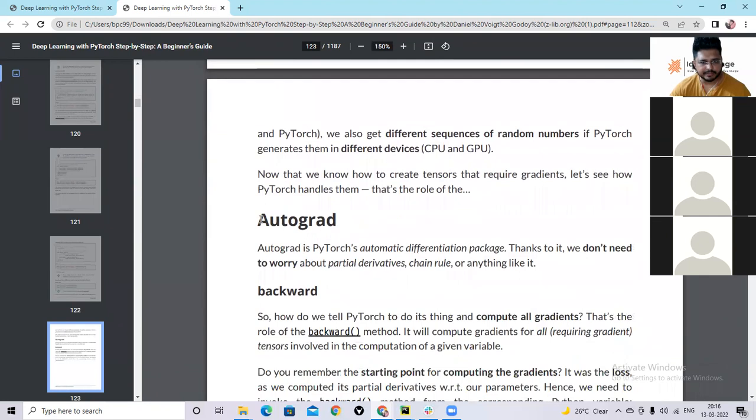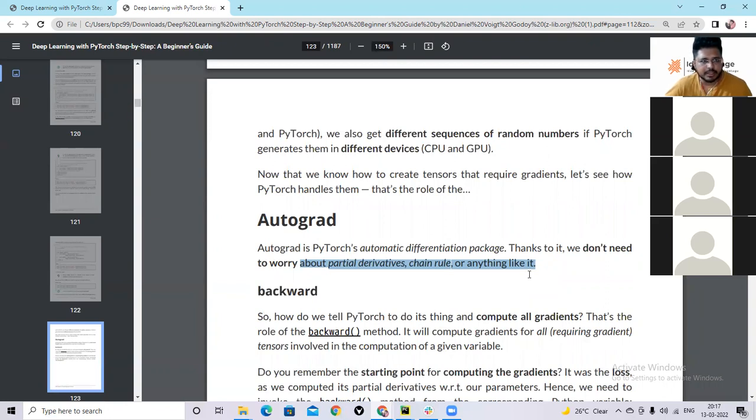Now comes AutoGrad. AutoGrad is PyTorch's automatic differentiation package. Thanks to it, we do not need to worry about partial derivatives, the chain rule, or anything like it. See, our life has become so easy.